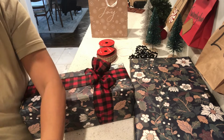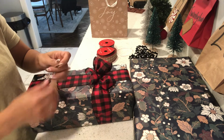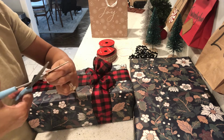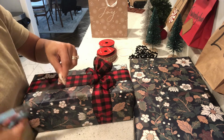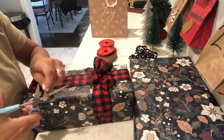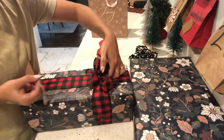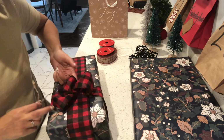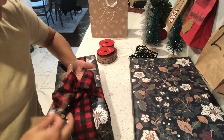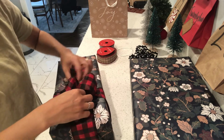And now we're gonna take one of our ornaments. I'm going to cut this at the top, cut the knot off so that we can tie it to the bow. Cut something off here. These scissors are not the best. All right, once I cut it, I'm going to then take my finger, put it between the long strip and the bow, and then take the string, pull it around that bow,